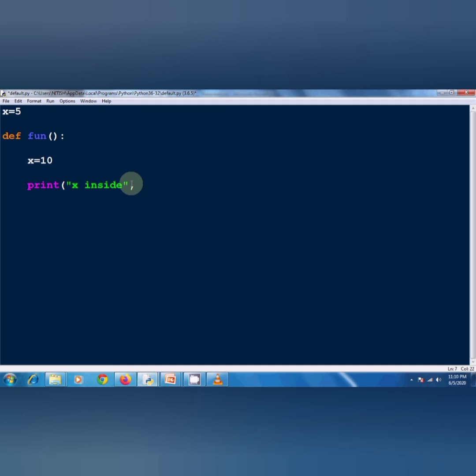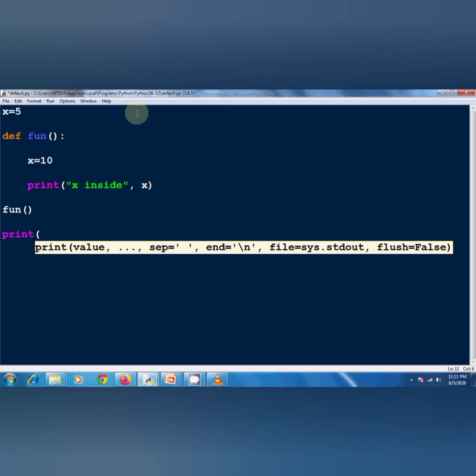What I am going to do here: I have taken two variables and the name of the variable is the same, x. One is outside of the function, that is the global variable, and one is inside the function, that is the local variable. It means two variables with the same name x. I am accessing both variables, one inside the function and one outside of the function.